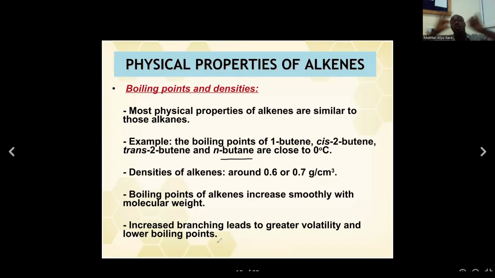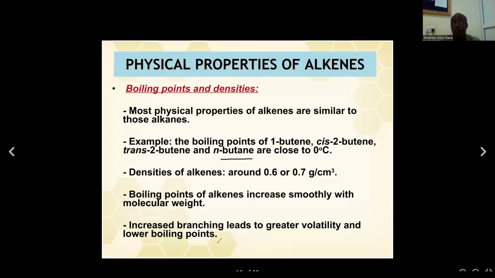So if you have a long chain hydrocarbon, then the more branches that are attached to that long chain, the lower the boiling point. Assuming we have, let's say, pentene, and then we have, let's say, 2-methylbutene, and then we have